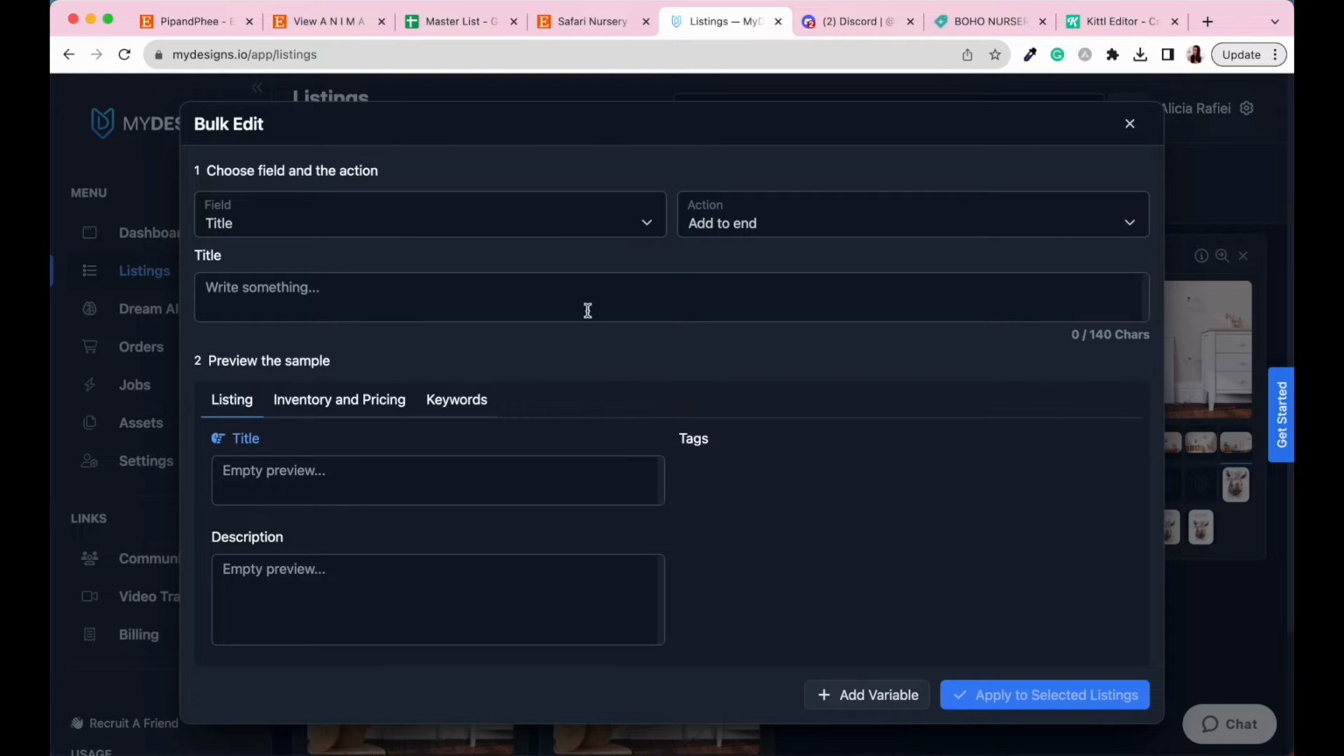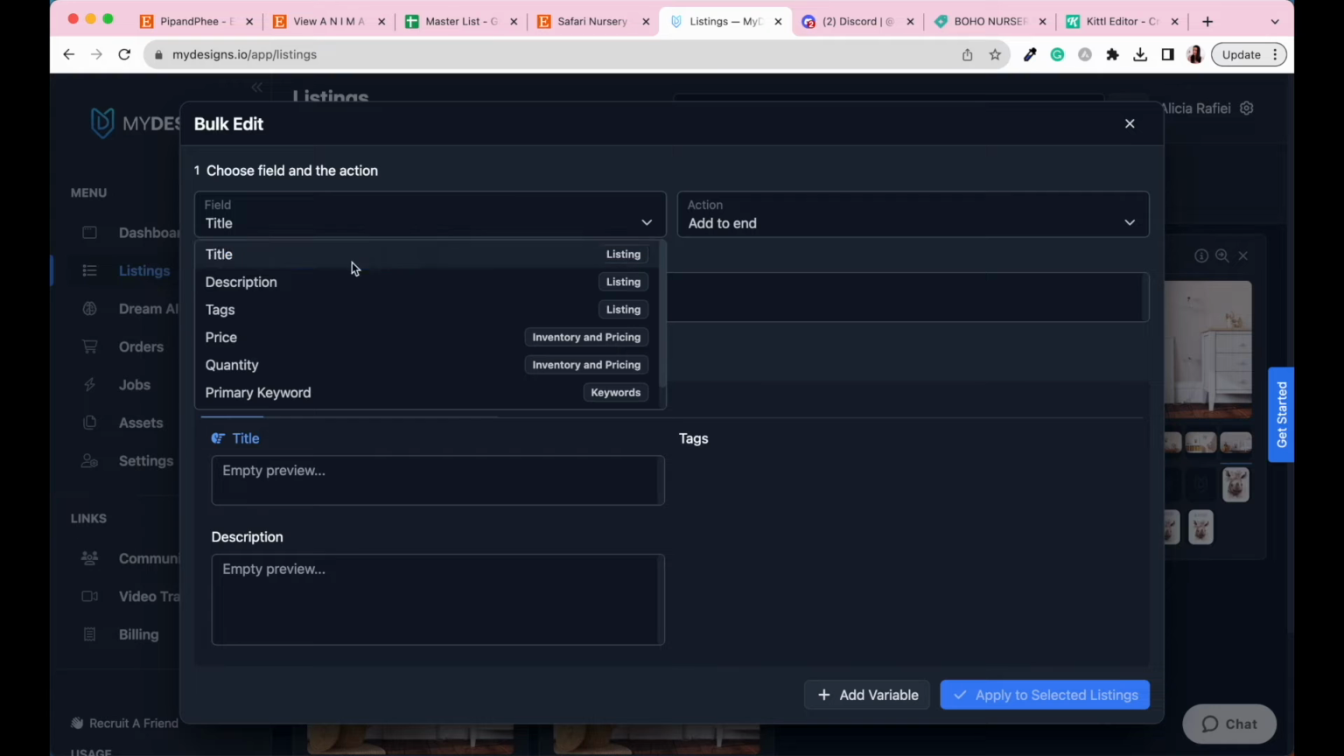The things we can do within the bulk edit section are edit the title, edit the description, add in tags, add in a price, and quantity. We can also edit things like the keywords for our actual files, so that we can use these in different areas of our listings, but that's a little more advanced. If you'd like to look more into that, I highly suggest going to the MyDesigns tutorials. For now, I'm just going to share the most important things as it relates to uploading our products